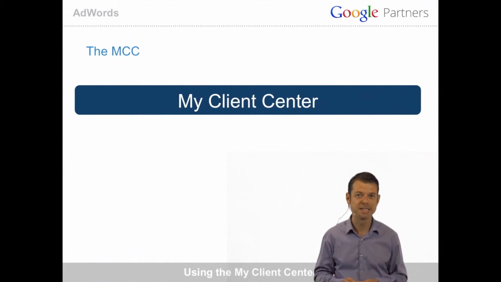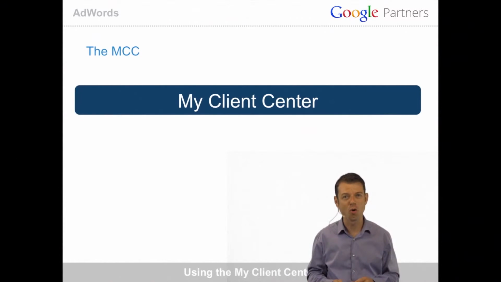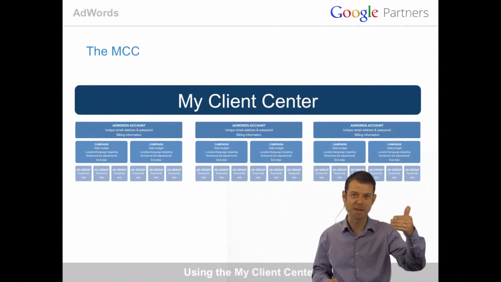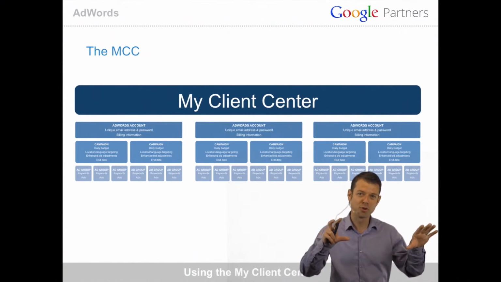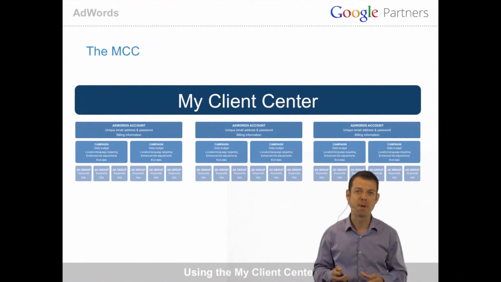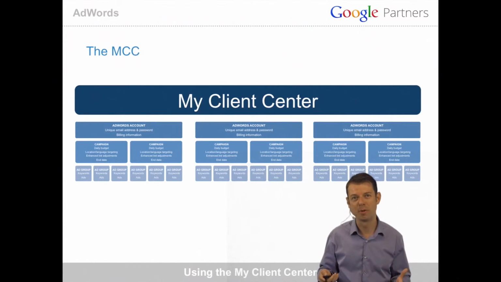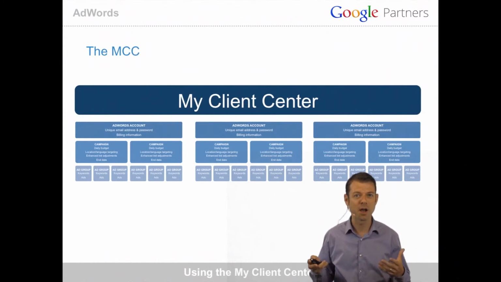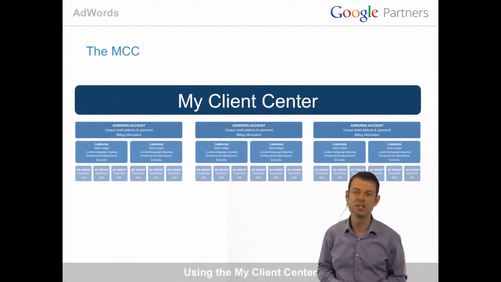The My Client Center is simply an account, an umbrella account, if you will, that sits over all of your other AdWords accounts. So those same structures of account, campaign, and ad group that I just showed you before, you can have multiple of those linked under each of your My Client Center accounts. And so now, rather than you having to remember what are all the different accounts that I manage, you can simply remember the account for your My Client Center,